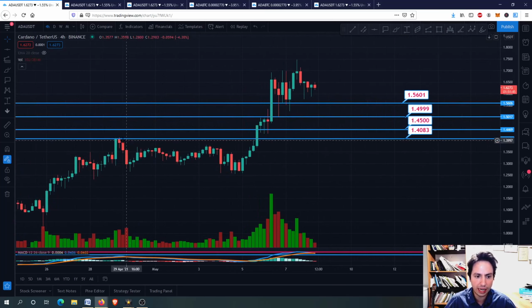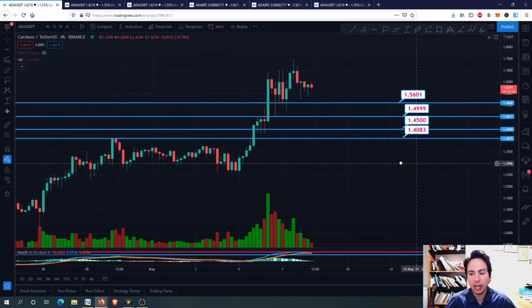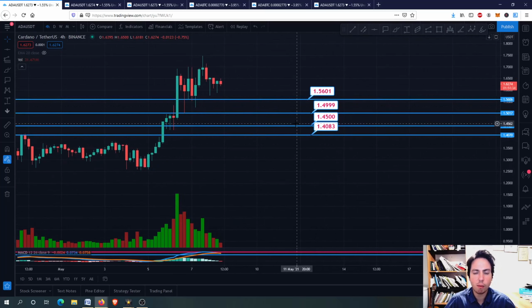And of course, right now, on 29th April, we had this high back on the 1.40 USDT. So right now, these are our main support levels that we might, if we retrace back, okay, if we retrace a little bit more, we might hit again the 1.56, but I will explain what are the possible scenarios.